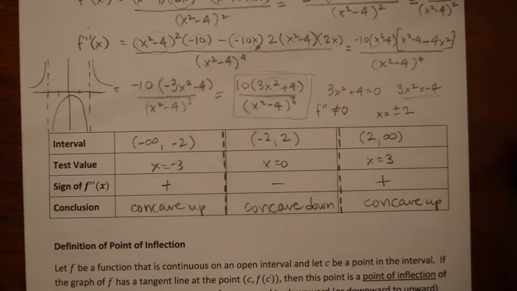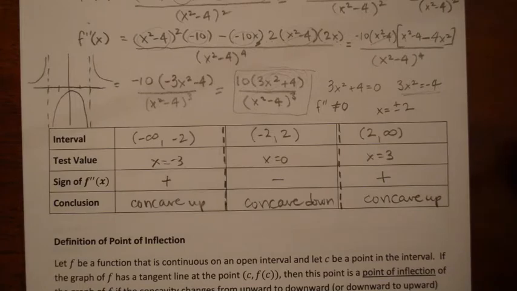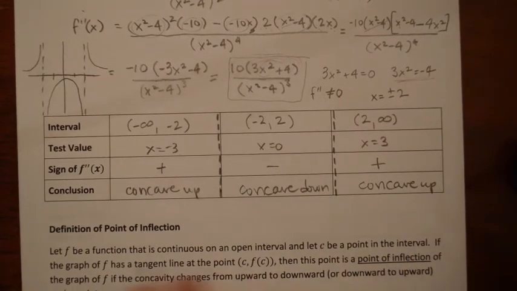It says let f be a function that's continuous on an open interval, and let c be some point in the interval. This is, again, the standard setup for us anymore. It says if the graph of f has a tangent line at the point (c, f of c), then this is a point of inflection of the graph of f if the concavity changes from upward to downward or downward to upward at the point. Right? So it's saying that if f has a tangent line at that point, then there's a point of inflection